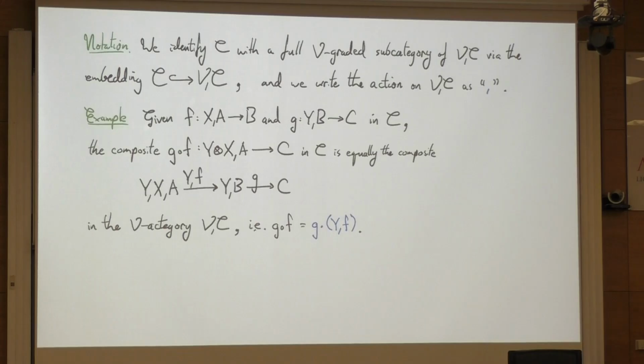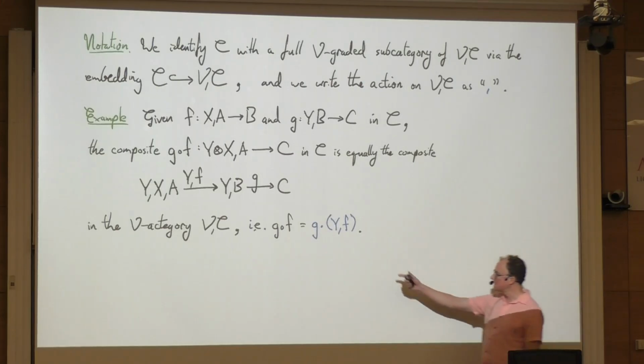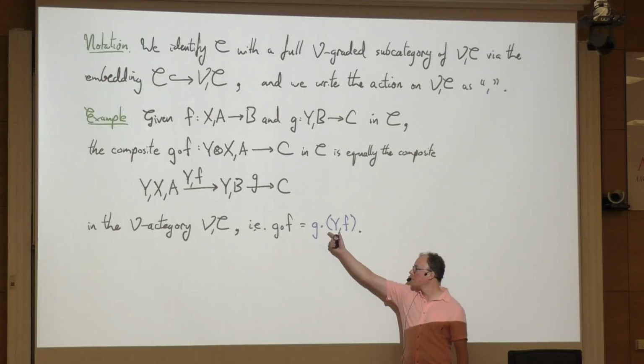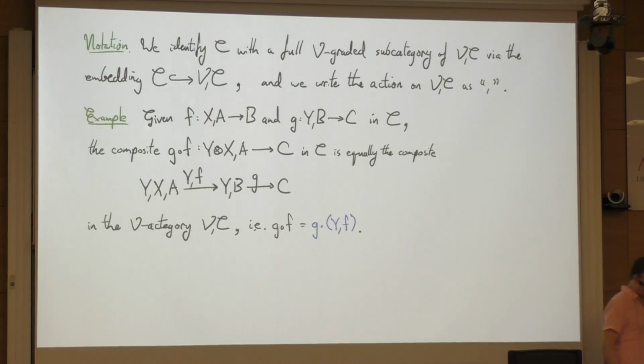Okay, so this is the composite. This diagram here denotes a morphism in the V category, V-tic-C, but you can see it actually lies in the subcategory script C, and it is G of F. And so this diagram gives us an expression for G of F in this way, where the dot is the ordinary categorical composition, the usual composition on the ordinary category C. Okay. And this allows us to use diagrams in working with V-graded categories. I call these envelope diagrams.